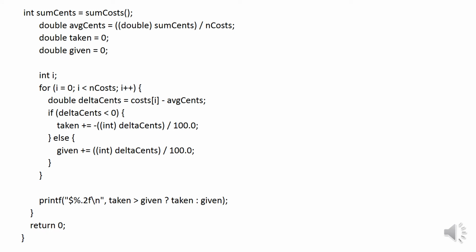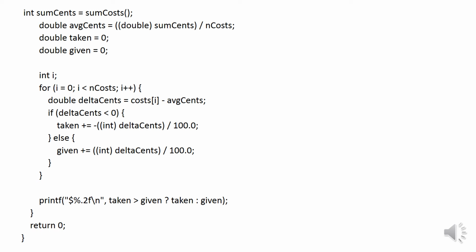Here we calculate the average, and for that average we take the sum of cents. Sum cost is 6000, and we divide by the number of students. As per our previous discussion, if a student paid more than average, that student will be given money, and if a student paid less than average, that student will take the money. So students, in the next for loop we calculate